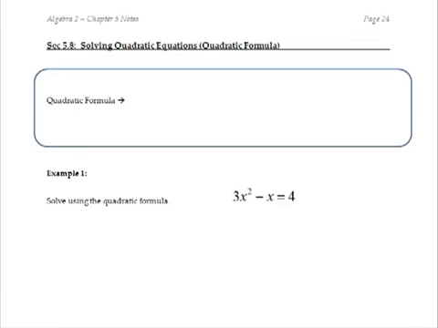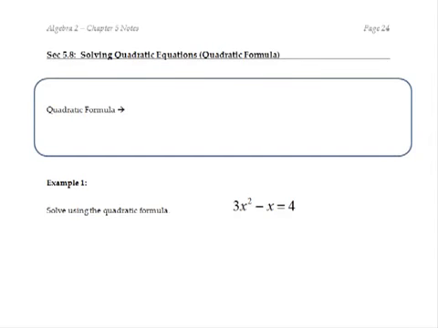And this is your last lesson for Chapter 5, Quadratic Equations. We are talking about the fourth method of solving algebraically, which is the quadratic formula. Again, remember when we're solving, we're talking about the values or value of x that work when the equation is